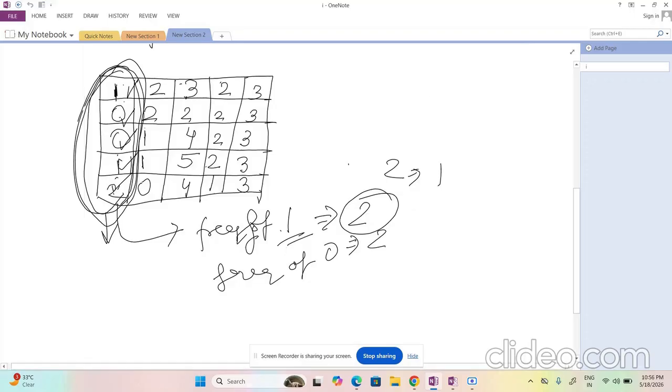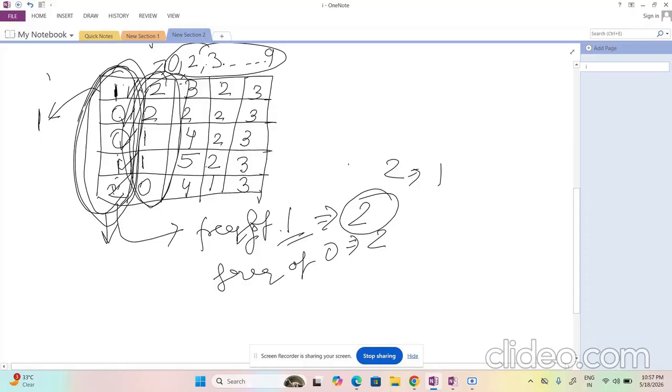So if I have made this complete cell as 1, in this complete row, can I put 1? No, I can put 0, I can put 2, I can put 3, and so on till 9, right? I can put all these numbers in this particular column.